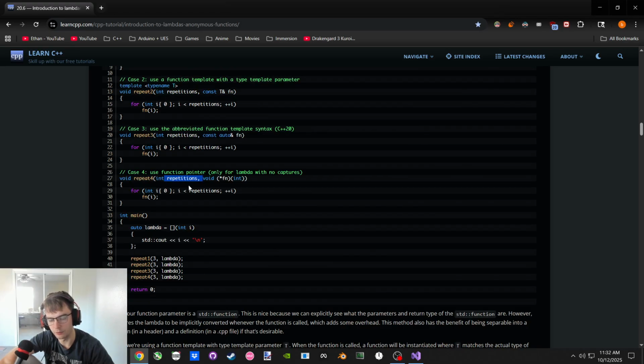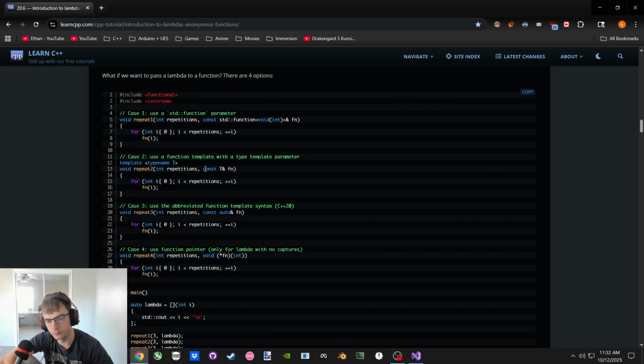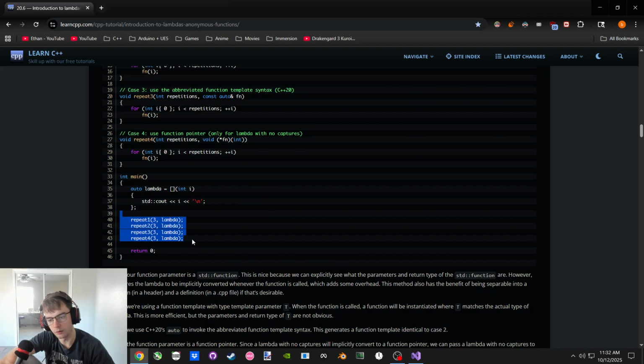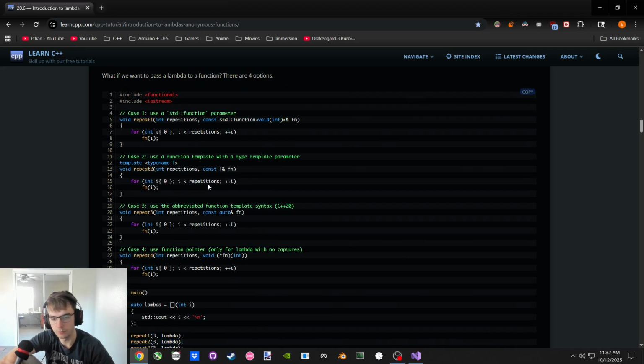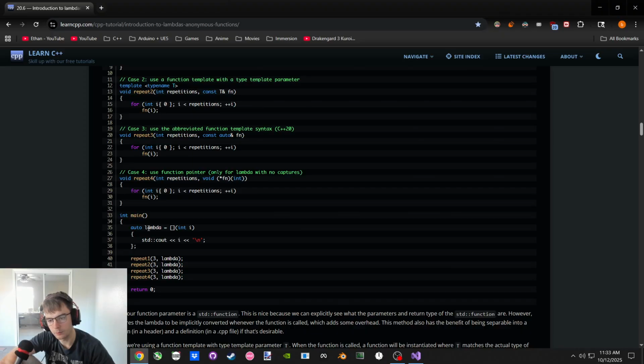So, okay, I'll ignore this first part. We're accepting some type and a reference to it, and the type is const. We're treating it as unchangeable. We can't change the lambda, so cool. Especially since the lambda is named here, so it's an lvalue.